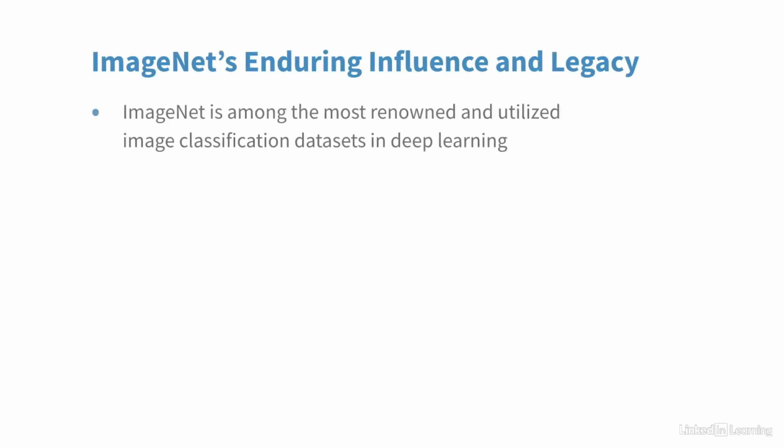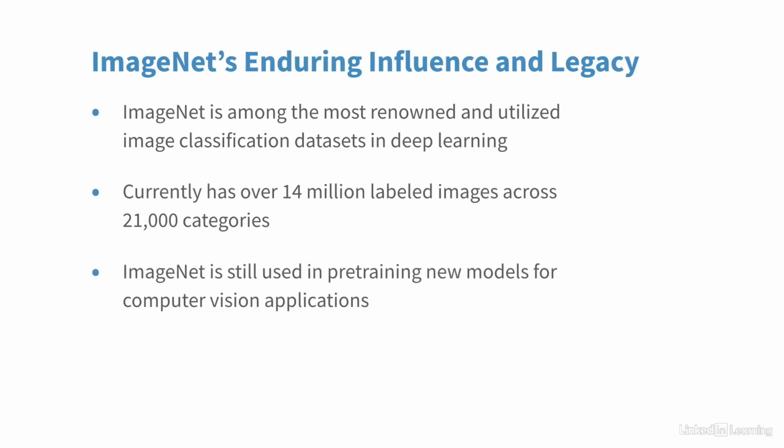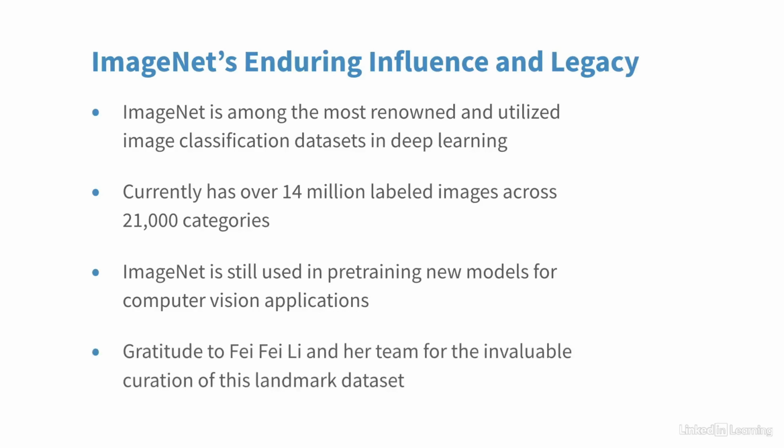Today, the ImageNet dataset is one of the most famous and widely used image classification datasets in deep learning. In its current form, it contains over 14 million labeled images, organized into 21,000 categories. To this day, ImageNet is used to pre-train new models for computer vision applications. ImageNet revived the field of deep learning, and the community is forever indebted to Fei-Fei Li and her team for